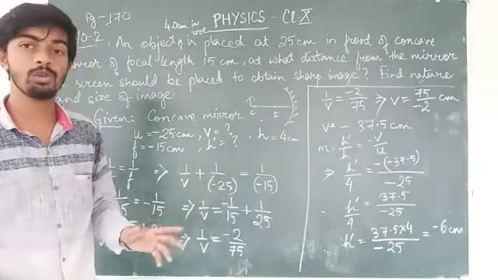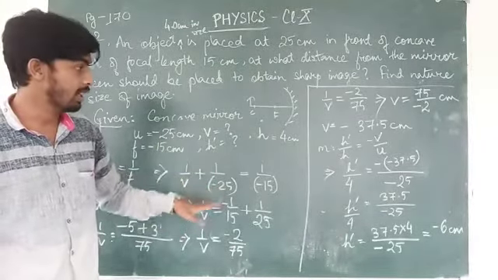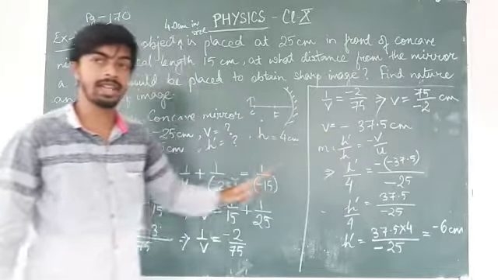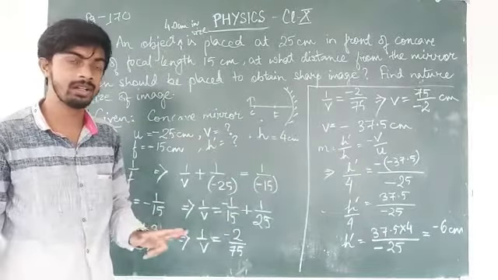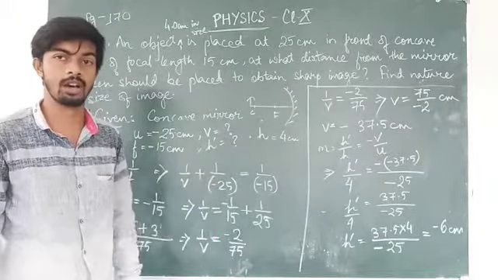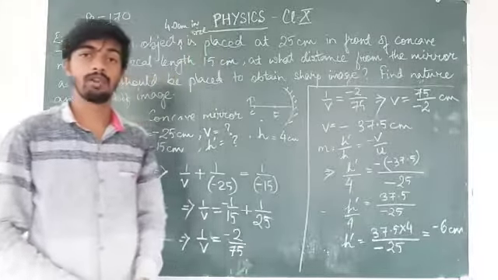So here we know about the nature from here, right? The image is to the left of the mirror and the image is real and inverted. Also, the image is bigger than the object. So it is already there in your book. You can refer to it from there.